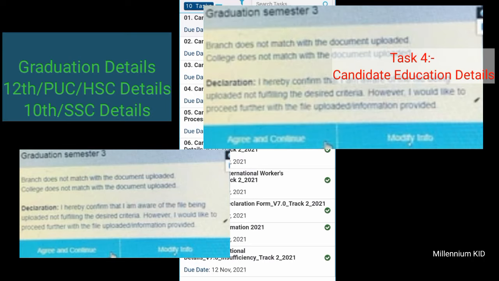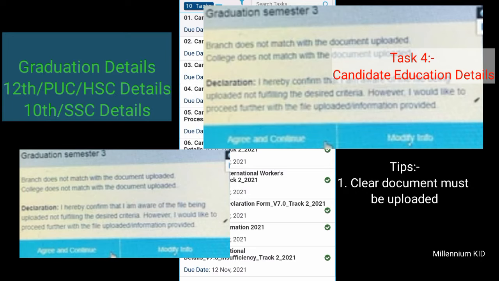Now one more important thing is that while uploading, many students will be getting error messages like this. That is mainly while uploading your college mark sheets. So try to upload a clear document, that is, all the details must be clear in your document, especially your college name and also your registration number. So make sure everything is clear and check once and then upload.